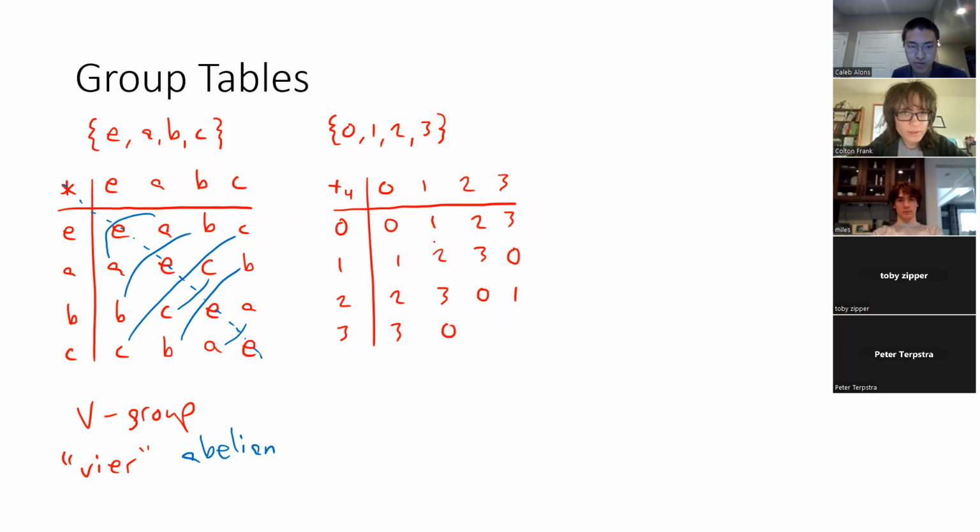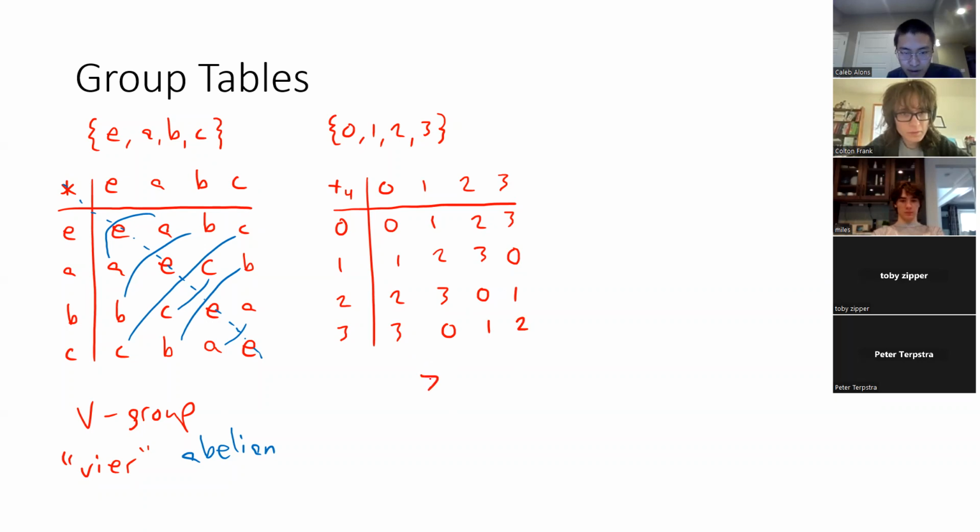3, 0, because 3 plus 1 is 4. But then if you take away 4, you get a remainder of 0. And then 3 plus 2 is 5. 5 divided by 4 has a remainder of 1. And then 3 plus 3 is 6, and 6 divided by 4 has a remainder of 2. So